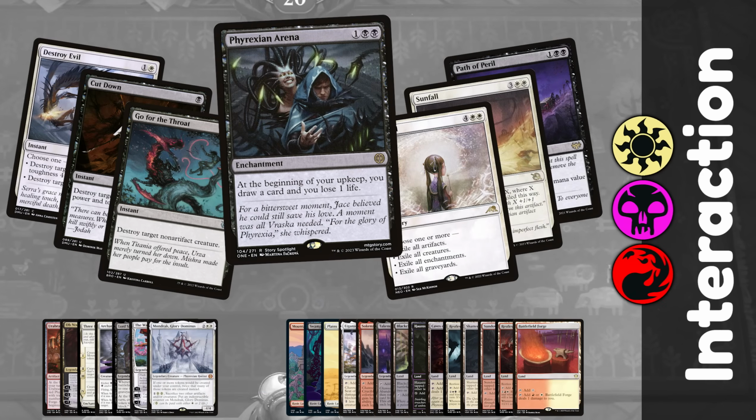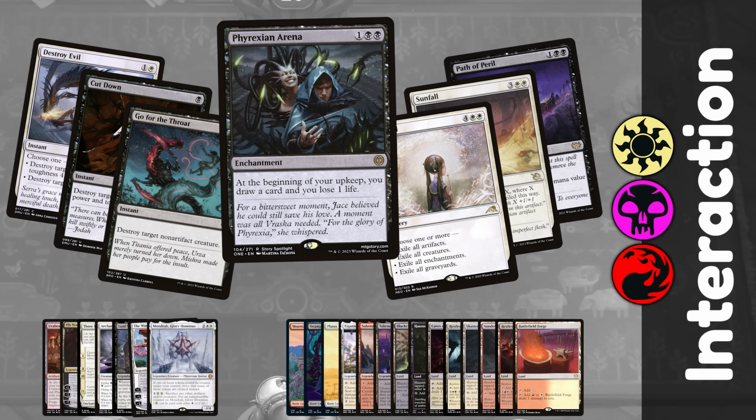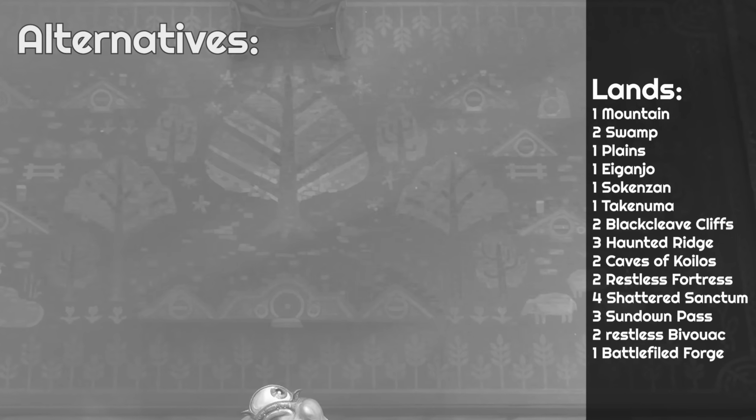I've got a bunch of removal and board wipes, essential to stay alive. These pair really well with a Forge too to help create a bit of a one-sided board wipe, and we've got Phyrexian Arenas for the all-important card draw. Today I've got 26 lands, including a few creature lands, which end up turning into our late game win conditions,